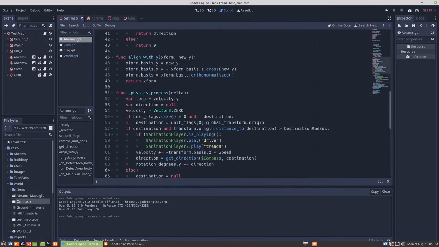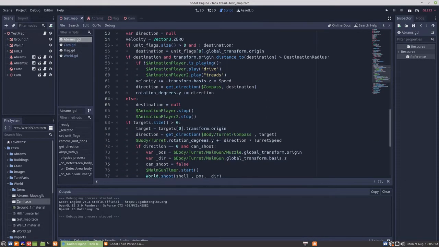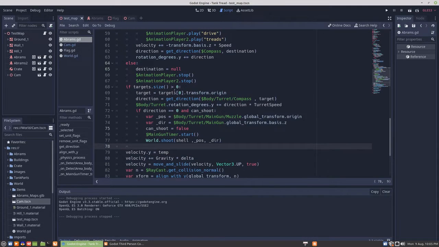So in physics process, we check for targets, and if there are no targets is when the turret stops moving. So that seems the most sensible place to add in the function for returning the turret to home. So if target size is not greater than 0, there's no targets. So we're going to go elif,